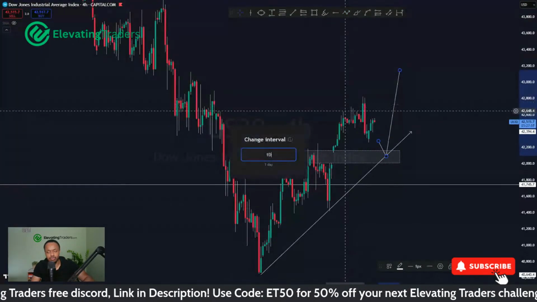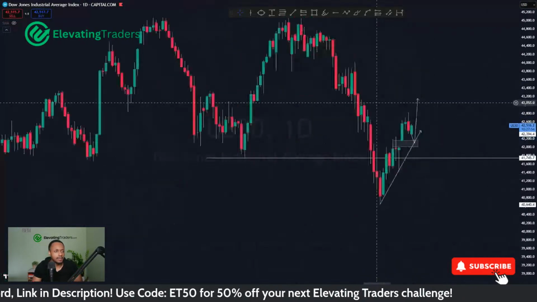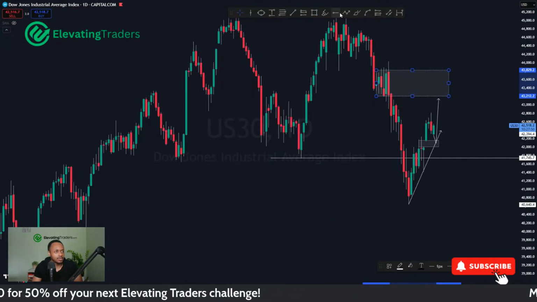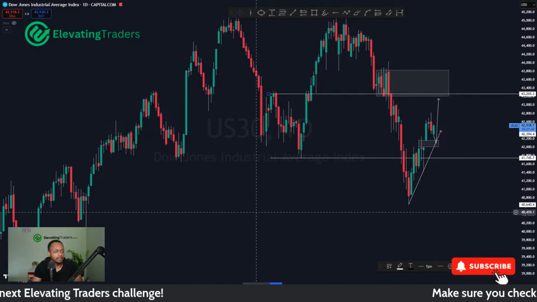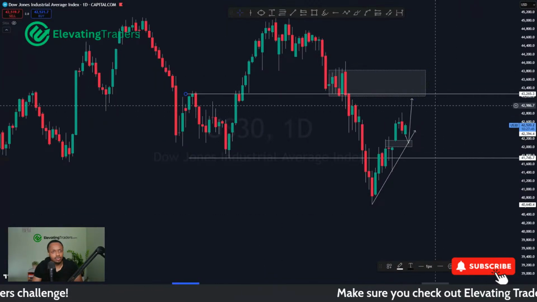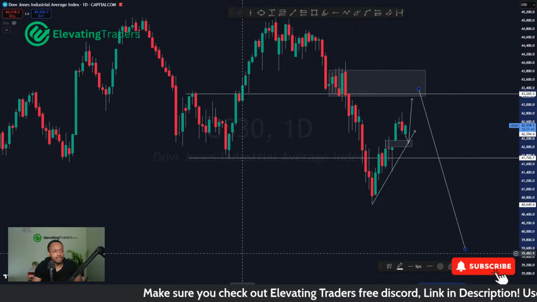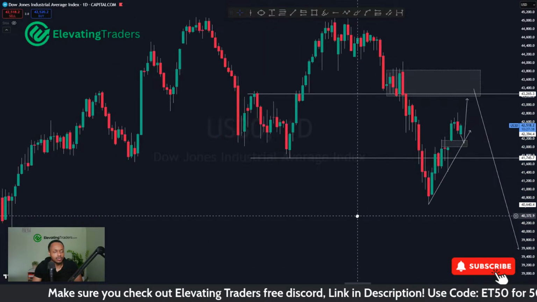Don't get me wrong, I'm still pretty bearish on this one. But I'm kind of looking at price pushing a little bit higher. Some solid resistance on the left there as well. Kind of looking around 43,300, 43,400 for some shorts for US 30 for continuation of this bearish move.